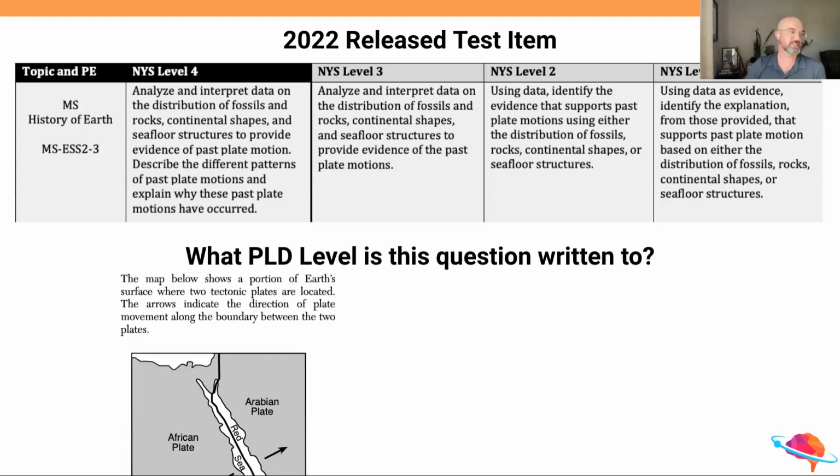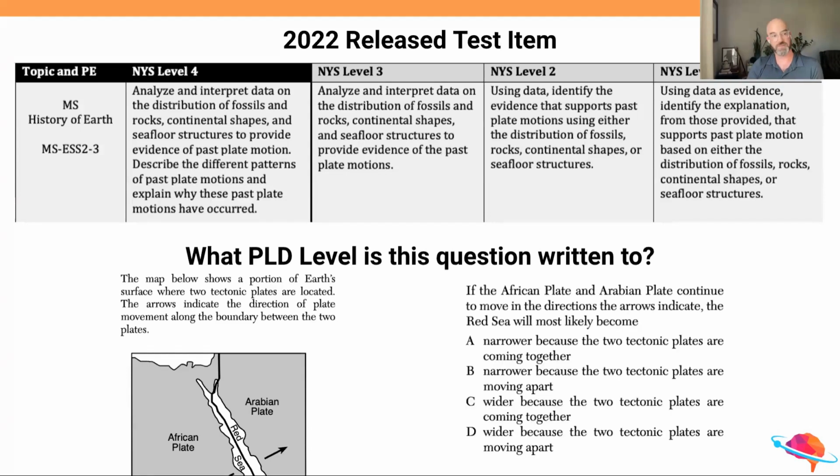And so this question asks, this map below shows a portion of Earth's surface where 2 tectonic plates are located. So we tell them tectonic plates. We're giving cues for this. The arrows indicate the direction of plate movement across the boundary between the 2 plates, and those arrows are pointed away from each other. So there's another nice little cue for you. And then we ask the question, so if the African plate and the Arabian plate continue to move in the directions the arrows indicate, the Red Sea will most likely become, and there are a bunch of multiple choice answers here. Okay, so in the chat, let me know,